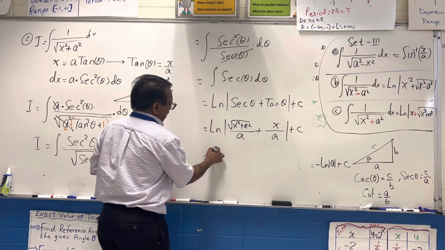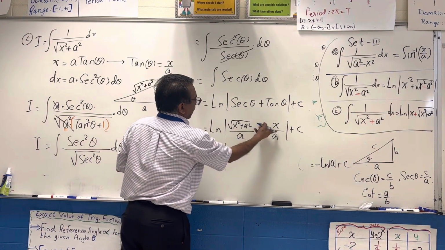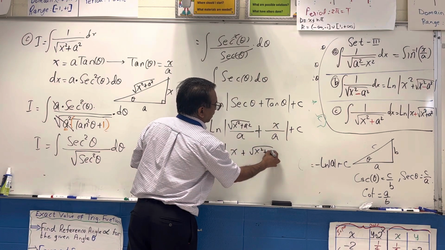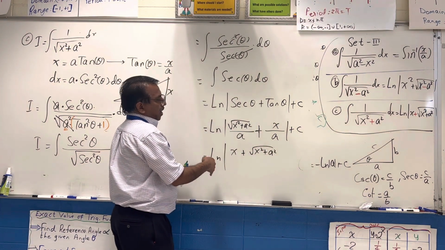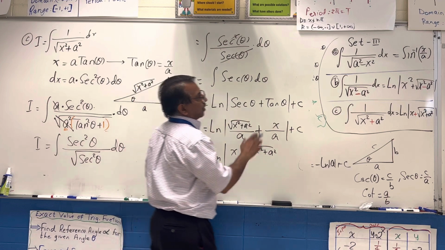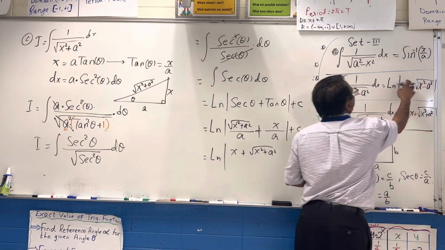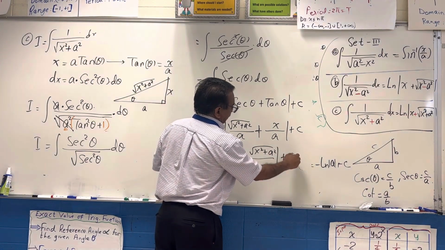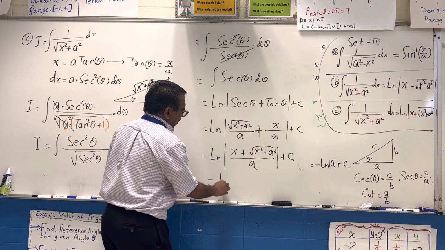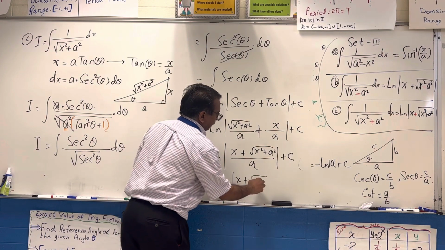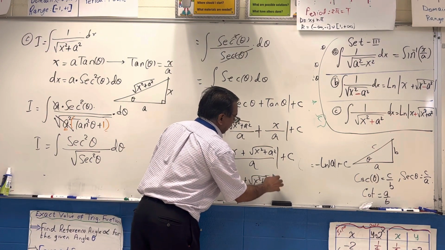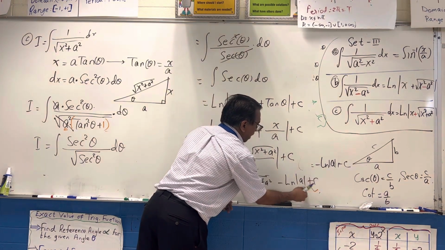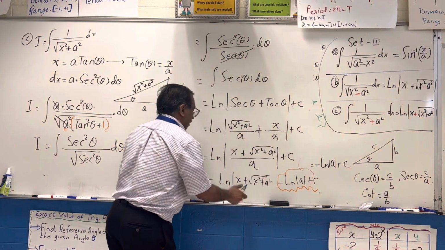You can do the same thing as earlier, I'll write x first and then x squared plus a squared, because it's a plus, it doesn't matter. I just want to keep the earlier order, x first. I made a mistake here, there should be x here, sorry about that. So we have a plus c, and now you can use laws of logarithm,